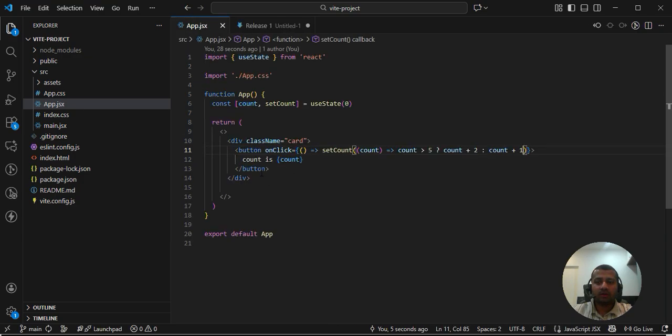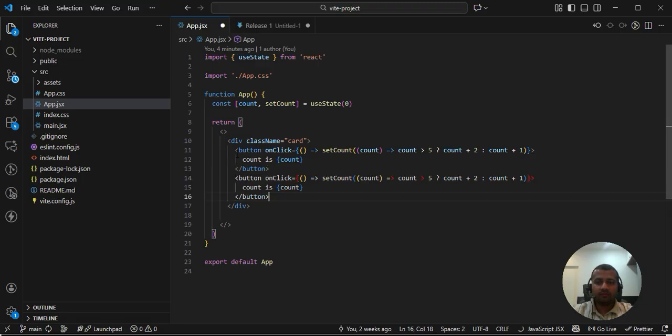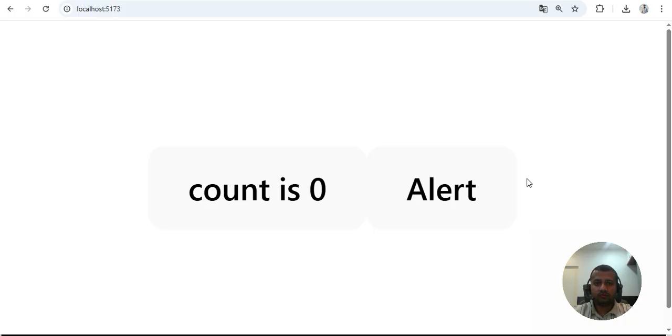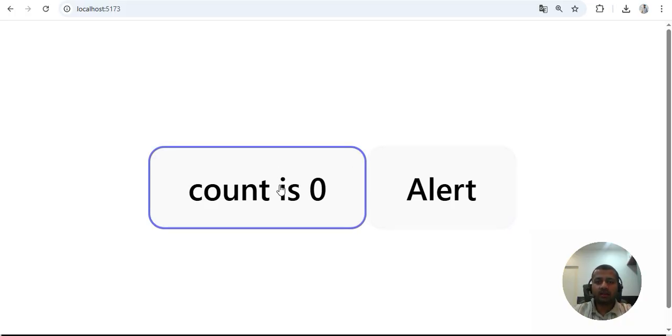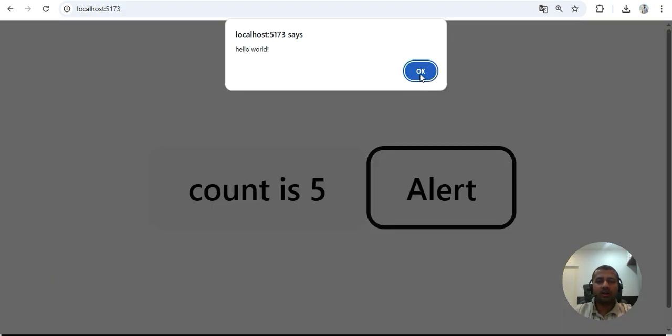So parallelly what I'll do is I'll copy this, I'll say alert, and now as per second release our counter is also there, and we also have an alert button which will alert hello world onto